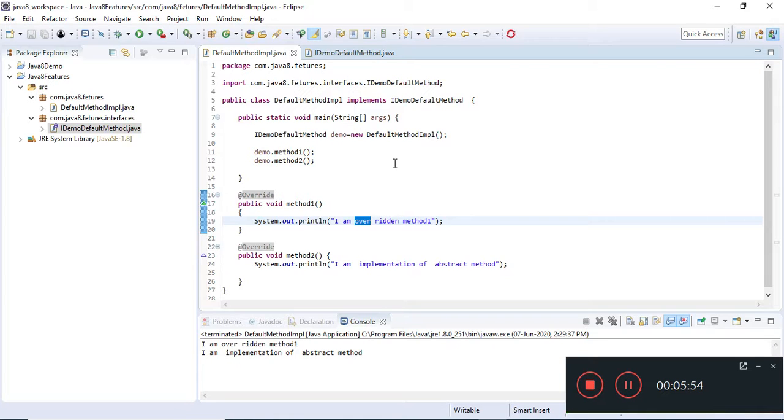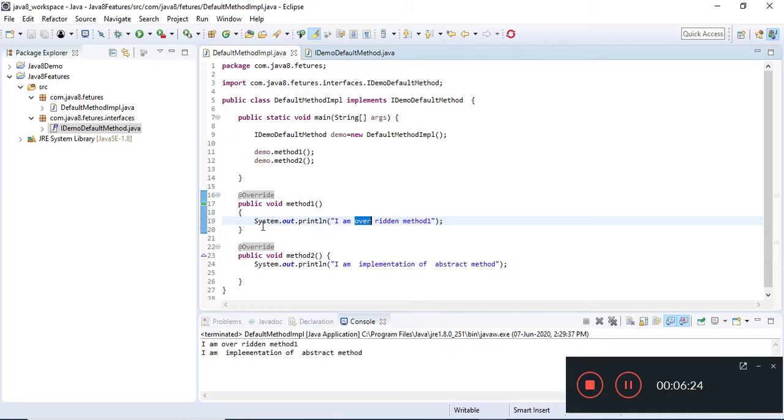So that's how we have seen the use of default method and how we can use it in our application. Now I'll state the advantage. With this feature, it has reduced the gap between abstract class and interface. Though in an abstract class we can have a constructor, in an interface we cannot have a constructor.